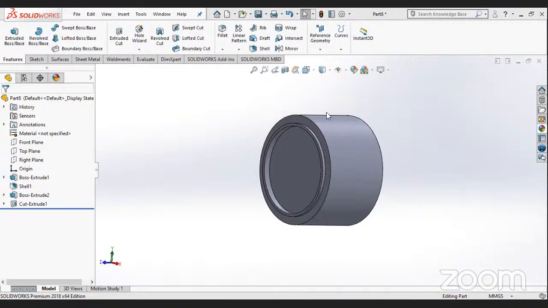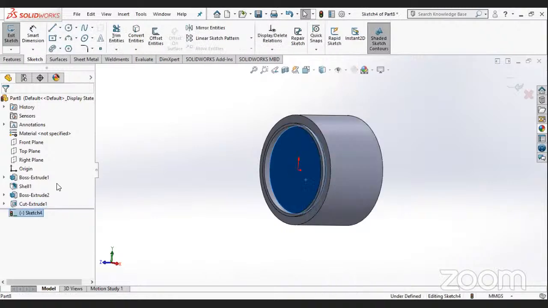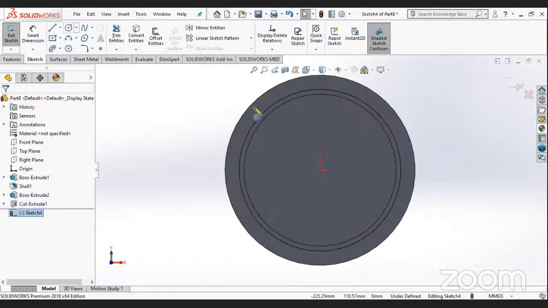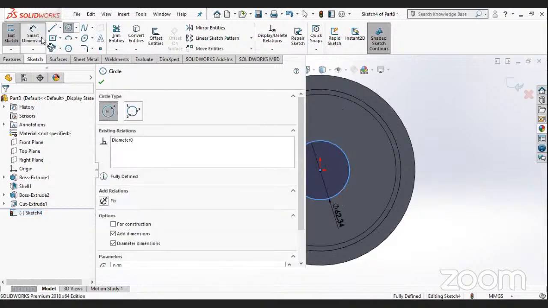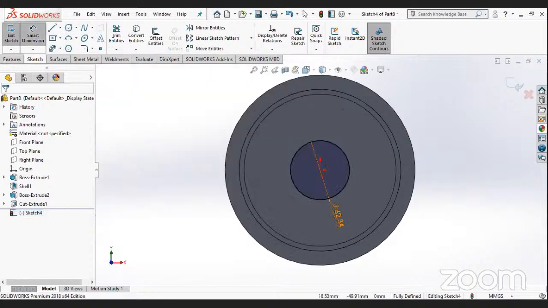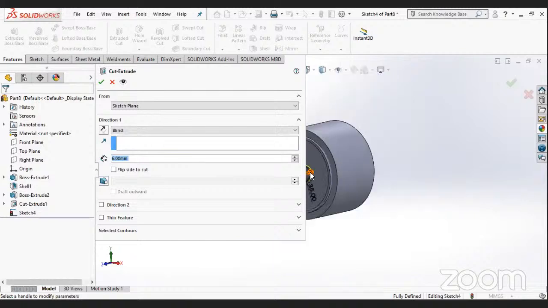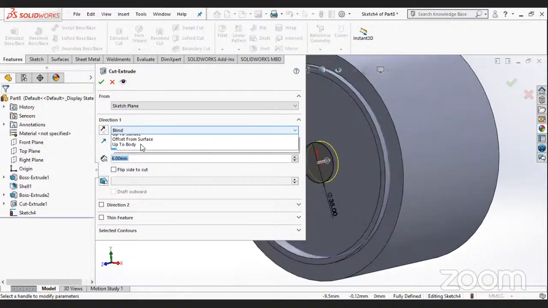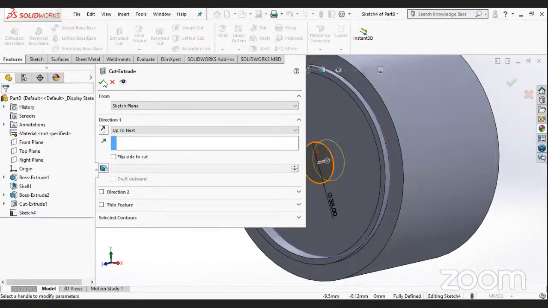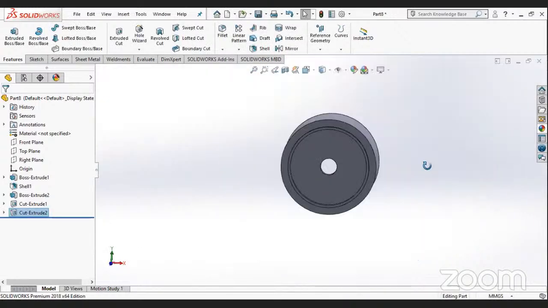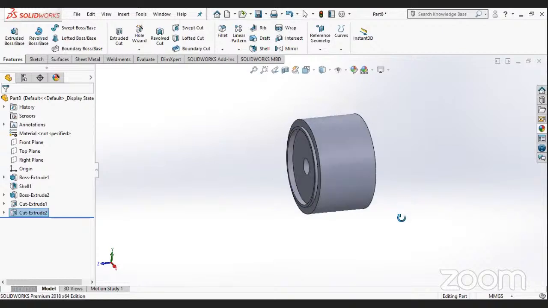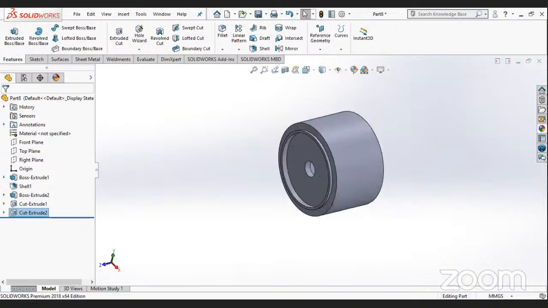So again, sketch on the surface. Go to normal and make a circle of 35. So it's a diameter, so 35. And just extrude cut and remove the material till the next. We don't want a blind or 6 mm here. So just select up to next and remove the material from this. After making the hole,